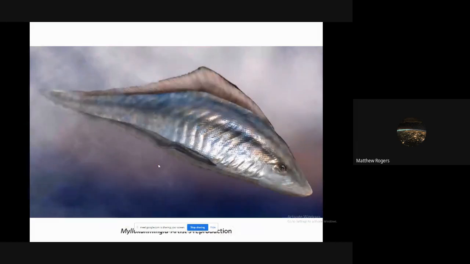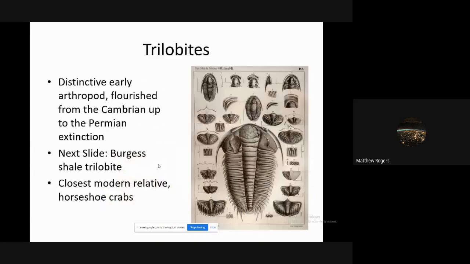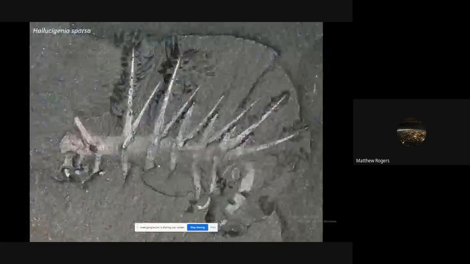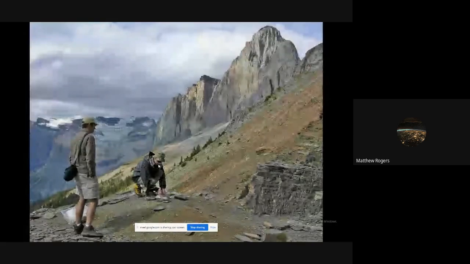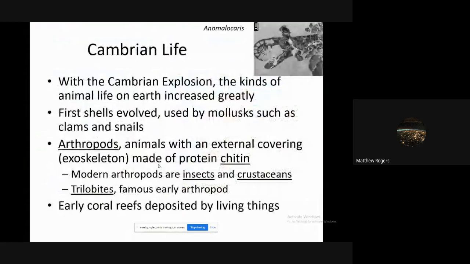All right, I'll stop there. We're going to talk about the Milo... I can't even say that. I'm not going to try. We're going to talk about this guy with the video tomorrow. But the main idea here is we have a lot of arthropods, so insect-like creatures. We have a big flourishing part of life in the Cambrian. And tomorrow we're going to talk about some of these distinct features.